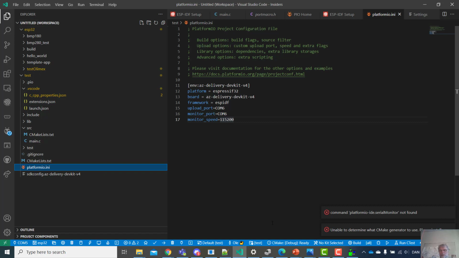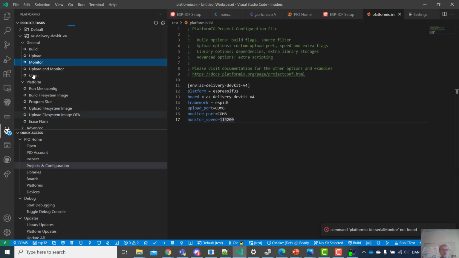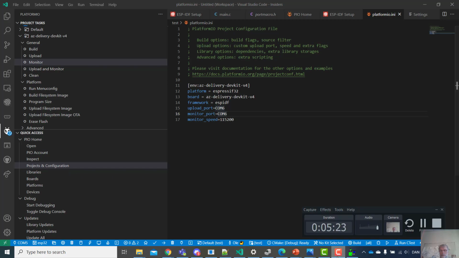But that should give a kind of introduction to how to use PlatformIO. It can be a little bit tricky sometimes to get it running, but that's real life, and also in the industry sometimes. So